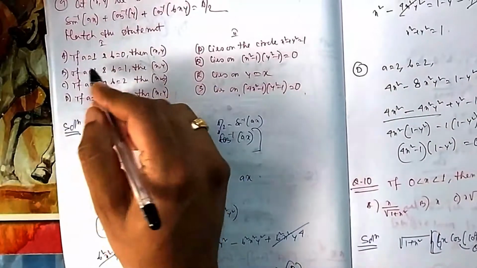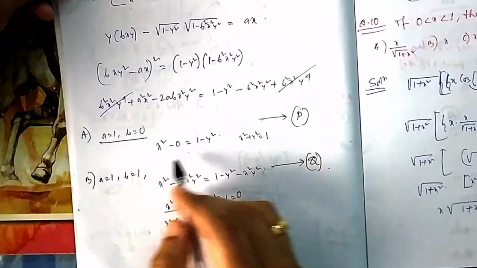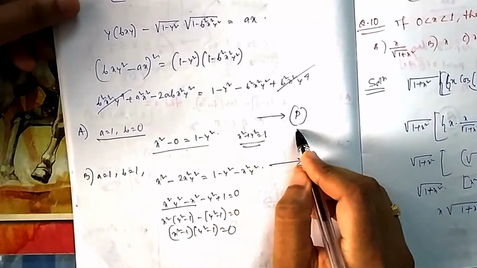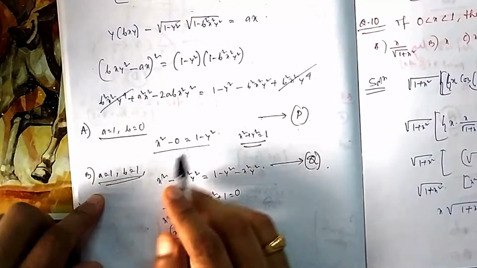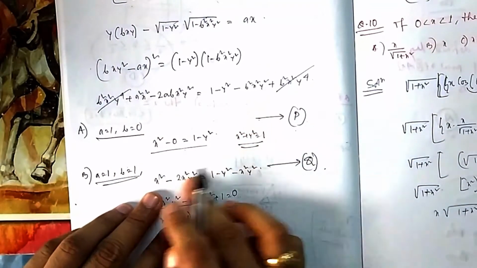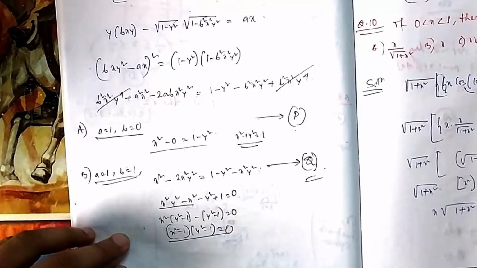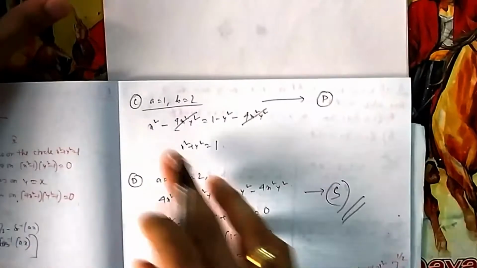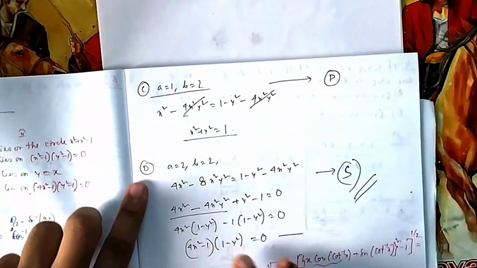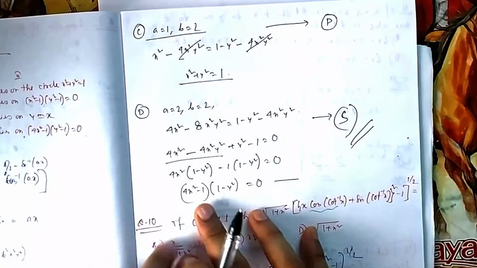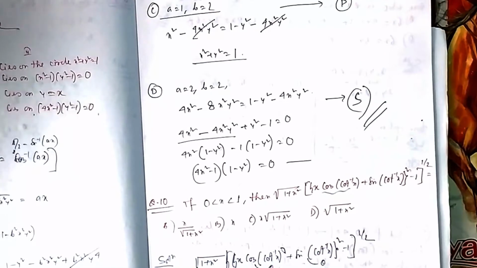The first one: if A is equal to 1, B equal to 0, you will find this one, which is your P. X square plus y square equal to 1. So A is linked with P. If A is equal to 1, B is equal to 1, you do some simplification and you will get this factorization. That is your Q. B is satisfying Q. Next, if you put A equal to 1, B equal to 2 in that expression, you will get the same again. That means C is again linked with P. For D, A 2, B 2, if you factorize it, D is linked with S. So nothing is linked with R.